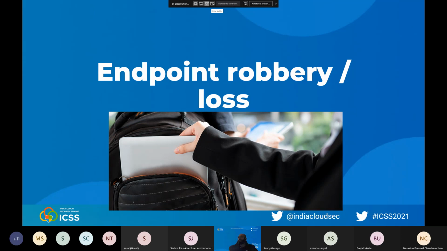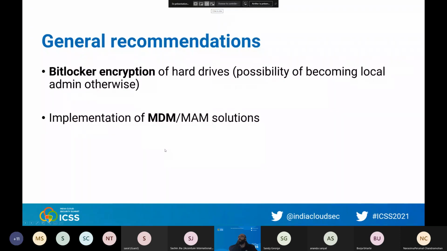Next, we also have to implement security on all terminals. We all have mobile phones now. We have laptops and so on and so on. So what can we do to implement security? First thing to do, please BitLock all your hard drives. A real hacker can enter any laptop if it's not BitLocked. Okay, I won't do a demo for that, but it takes something like 5 minutes to enter a laptop which is not BitLocked, even if the hacker doesn't have the end user password.